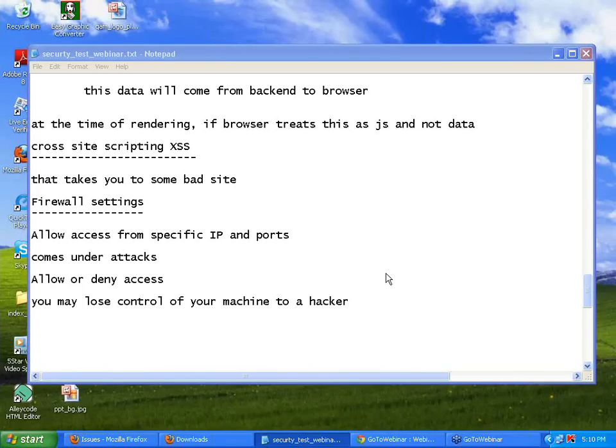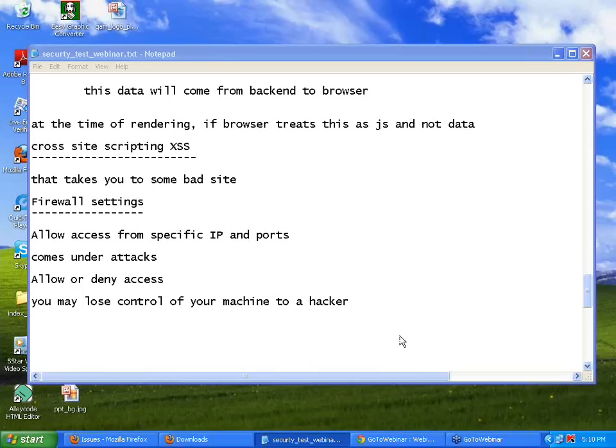Yeah, one person has specifically said most of the times we will disable the firewall. Is it correct? That is actually not the right practice, right? For accessing multiple websites, we are compromising the security, just for the sake of that. People disable the firewall, but that is not actually right.